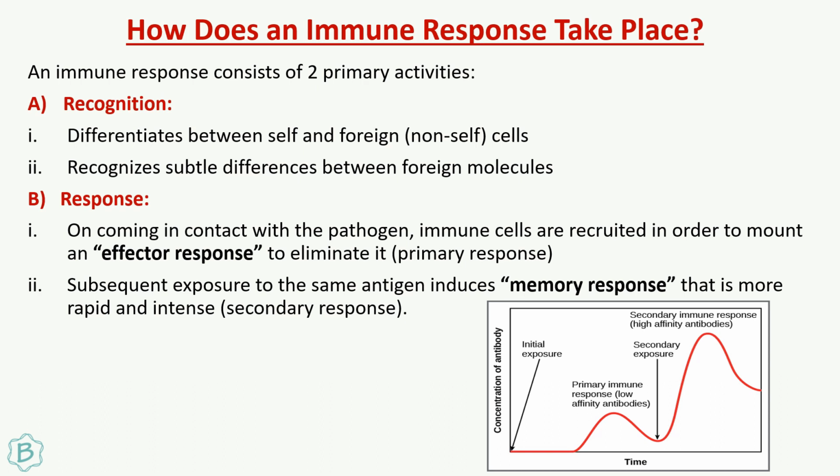However, if this same pathogen is attacking your body again, there are certain memory cells which are already present in your body specific to that pathogen. So now they will get activated on exposure to this pathogen, and they will differentiate into plasma cells. Hence, in this figure over here, you can see that a secondary response compared to a primary response is more rapid and intense, and also it is more specific to the pathogen. Because of these memory cells that I just spoke about, the antibodies which are generated will be of greater affinity and specificity.